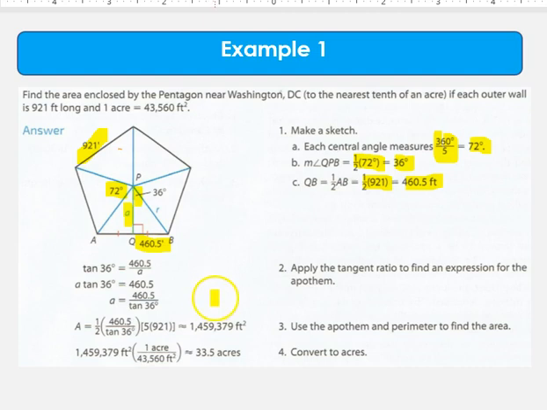We're going to multiply both sides by a, and then we're going to divide both sides by tan 36 degrees. And then here is your apothem. So let's substitute that into our area formula, and we have 1/2 of the apothem times the perimeter, which is 5 sides times a length of 921, and that's approximately